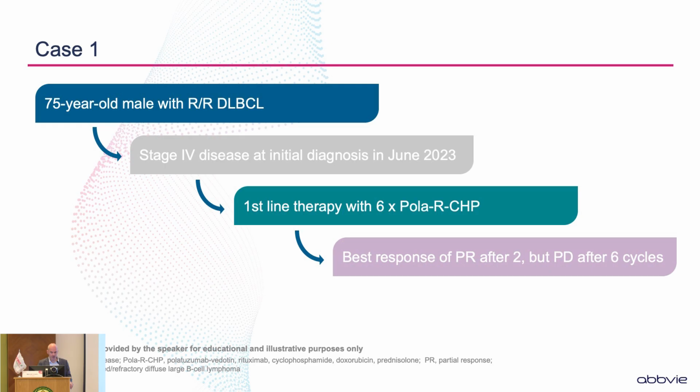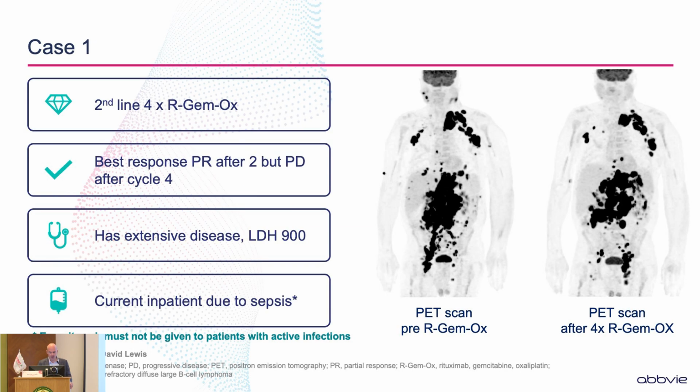So this is the 75-year-old patient I spoke about yesterday who had stage 4 disease, went on to have first-line treatment with R-Pola-CHP. He had a partial response, but then had progressive disease after 6 cycles. He then went on to receive second-line GemOx, as he wasn't felt to be an autologous stem cell transplant candidate, which meant that he wasn't eligible for second-line CAR T-cell therapy in the UK. He did have a partial response after 2 cycles, but then unfortunately progressed after cycle 4. As you can see from his PET scan, he's got very extensive disease,